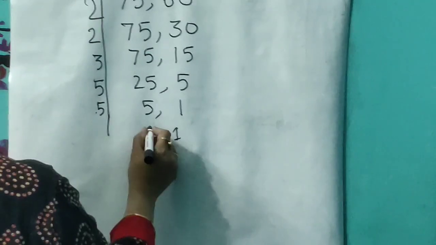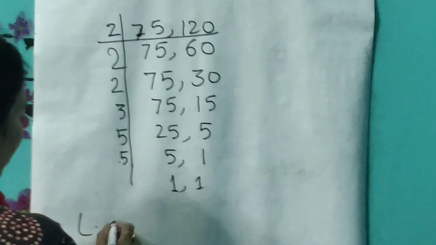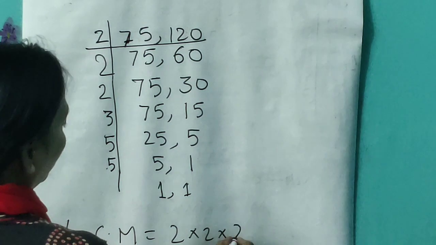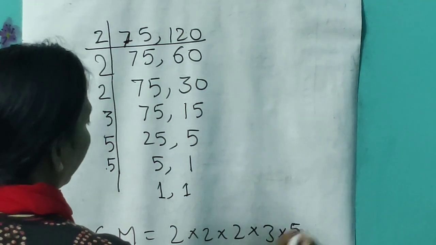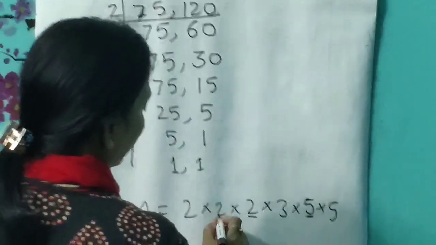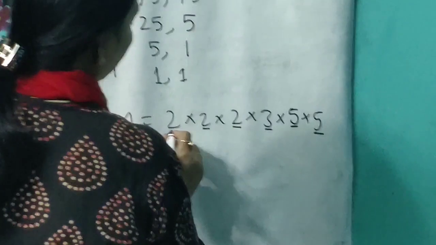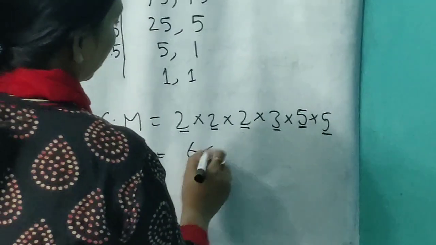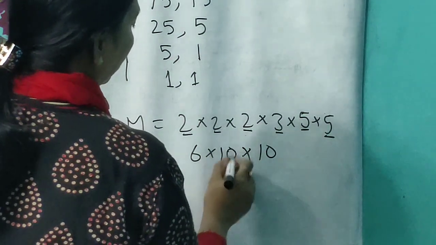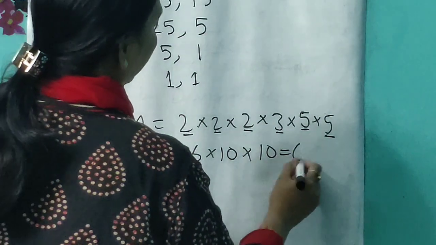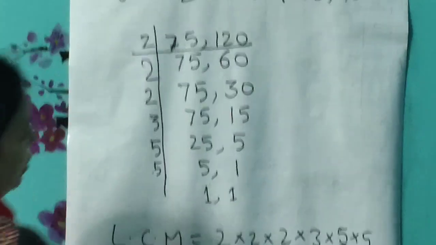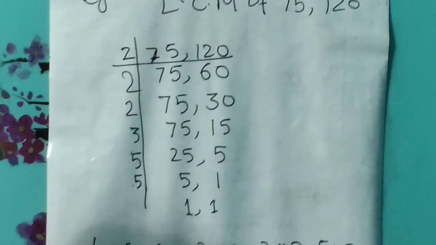Now here you will stop your division, and now for LCM what you will do? LCM is equal to 2 into 2 into 3, 2 into 3 into 5 and into 5. Again I will take convenient grouping. 2 and 5 you multiply together. This 2 with this 5 and this 3 with this 2. So 2 3s are 6, 2 5s are 10, 2 5s are 10. Now 10 10s are 100 and 100 6s are 600. So your answer is 600. So this is the division method by which we can find the LCM of them.